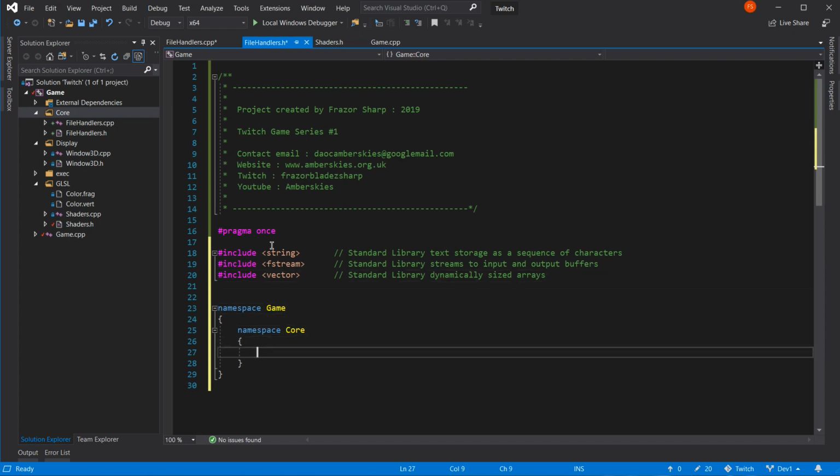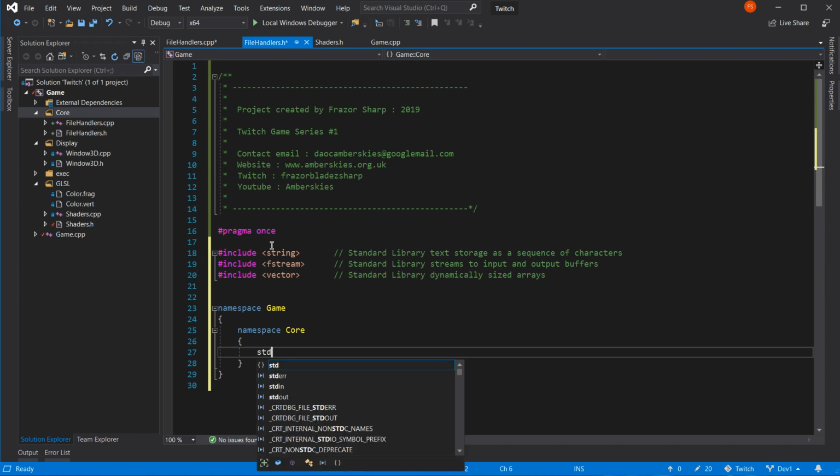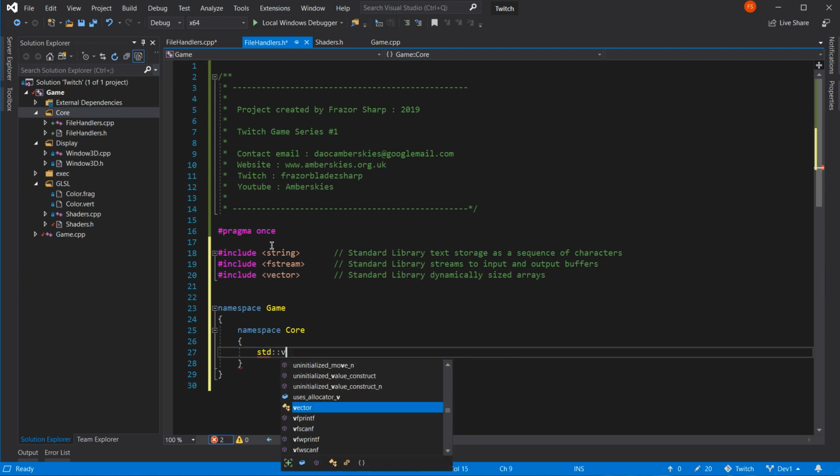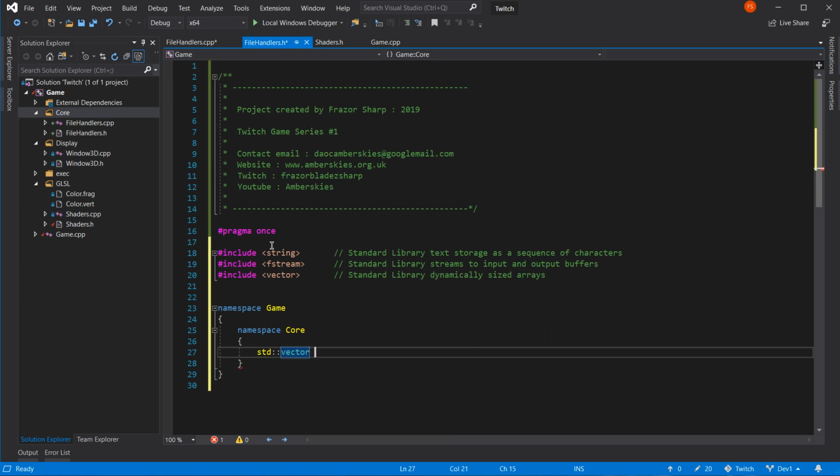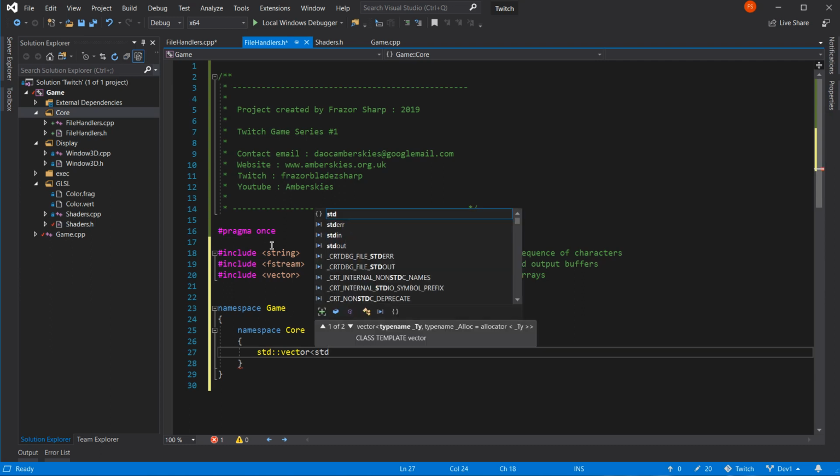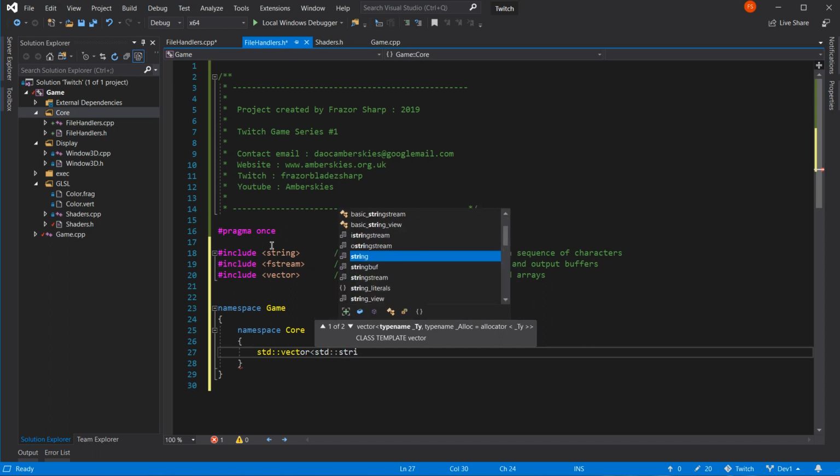I'll take that. Because I want a vector, don't I? Yes, please. I want a standard vector, please. No, we'll do that. It will be a standard string, but I want to make a vector of strings.